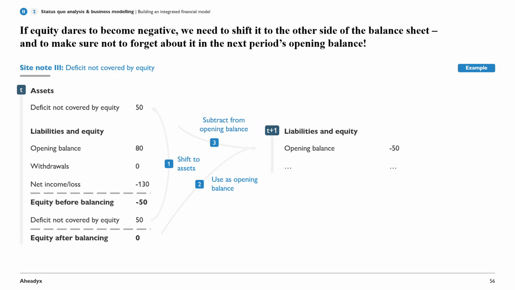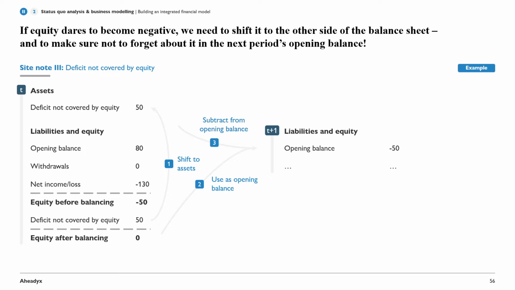So let's say, for example, that here we have an opening balance of equity of 80. We have no withdrawals and we have a net loss of some 130. So this gives us equity before balancing. And balancing here, I do not mean like in the sense of what we saw before with the 6 cases and everything. So this is just, think of this as a separate side story. So this gives us equity before balancing of minus 50,